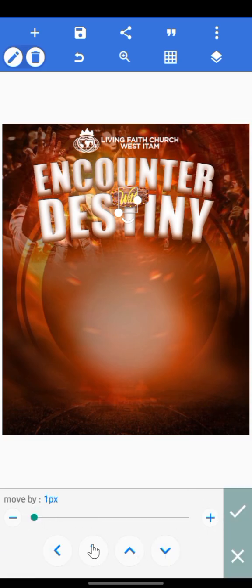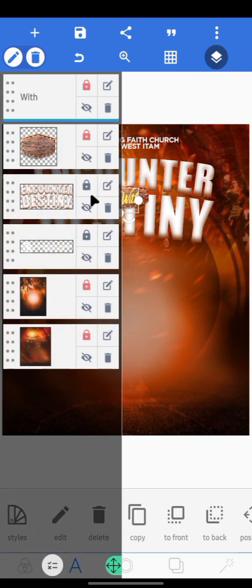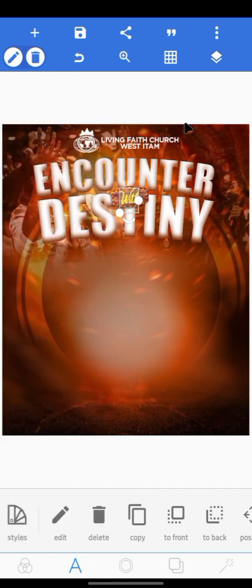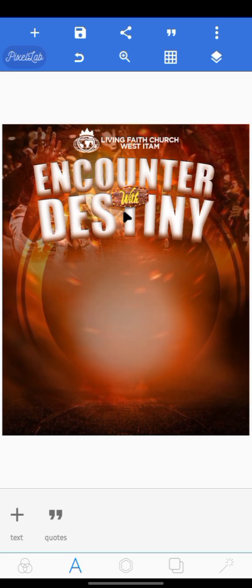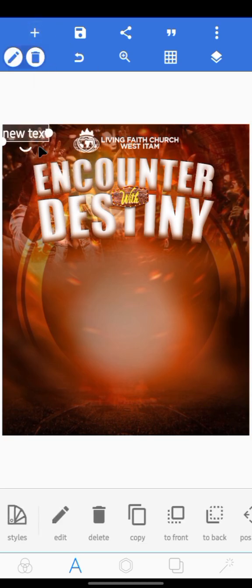So I can reduce this and shift it a little bit. Yes, so tick here, and I'm good. So go to your layer, lock that guy up so that nothing will destroy it. All right, so now the next thing we're going to be doing is adding a particular text here, and then we'll put an end of the month Thanksgiving service, because it's a combined kind of service. So text again, and then take it here, and then edit,